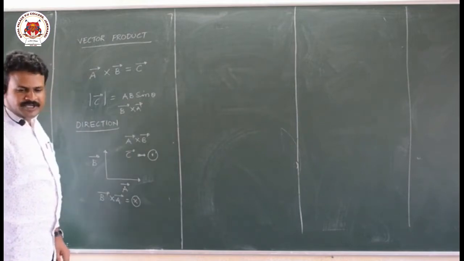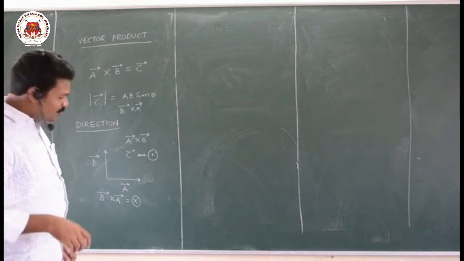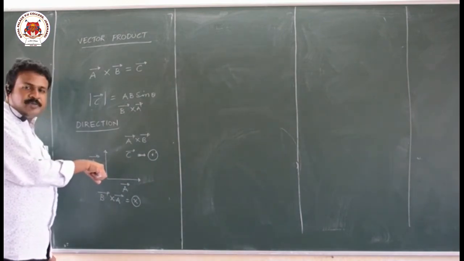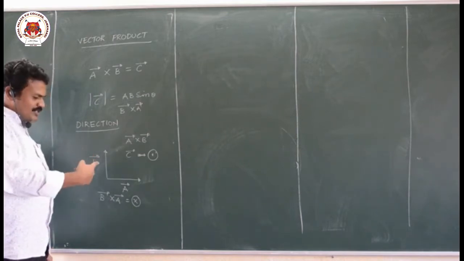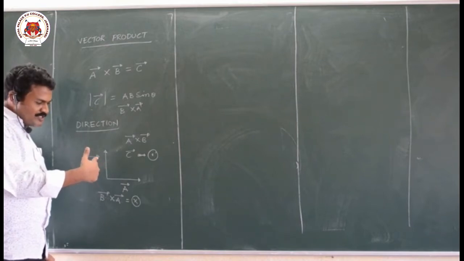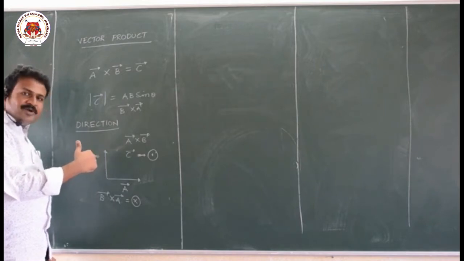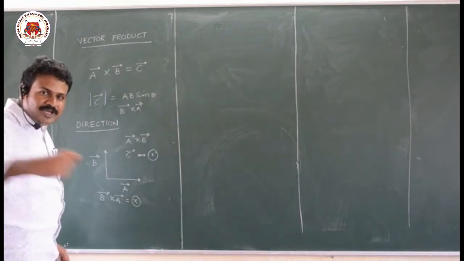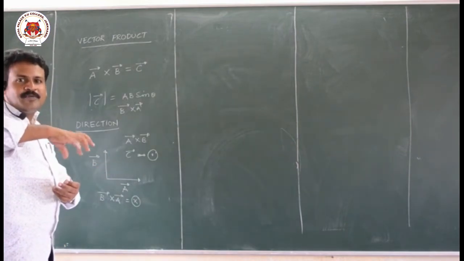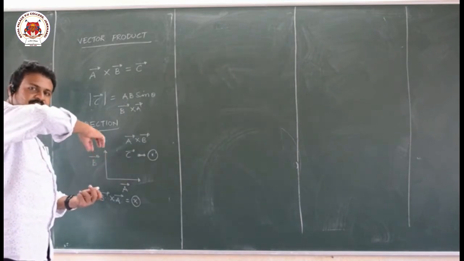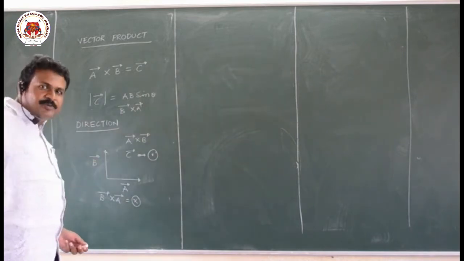Or if you are getting confused using this rule, you can take one more rule, called the screw rule. You can take a screw, keep that screw perpendicular to the board and rotate it in the direction of the product. What is the direction of the product? a bar cross b bar. If you are rotating a bar cross b bar, this screw is coming outside, because you are rotating anti-clockwise, just like opening the cap of a water bottle. If you are opening like this, that bottle cap will come upwards. So when you rotate the screw like this, it is going to come upwards.